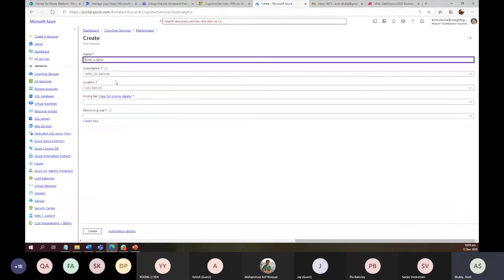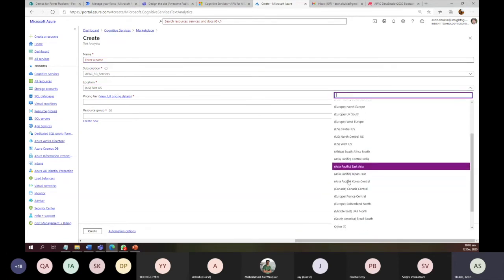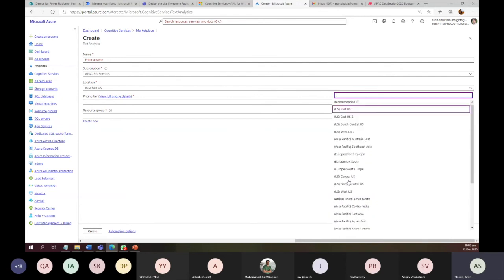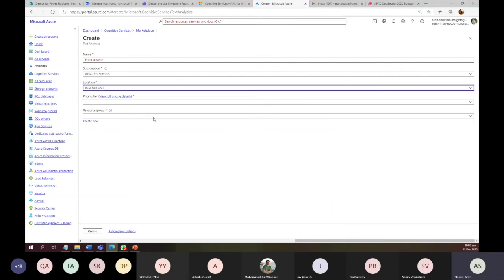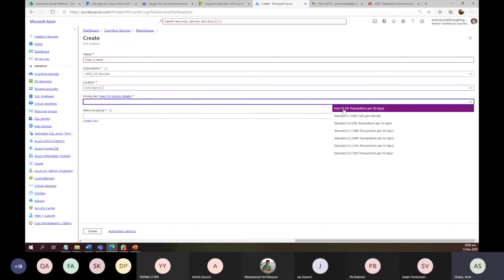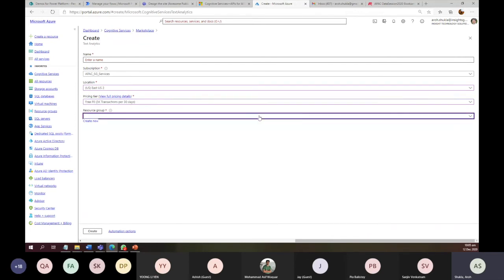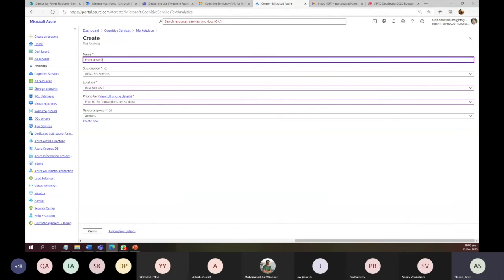It takes some time. Okay, so I can define my region. I'm just creating a simple text analytics instance. I'm using maybe Southeast Asia. I can use any application. I can choose my tier. I can use a free tier. Okay, I'm using a free tier. For demo purposes, you can use anything. I can use my own resource group, right? So what I'm doing, I'm creating a demo